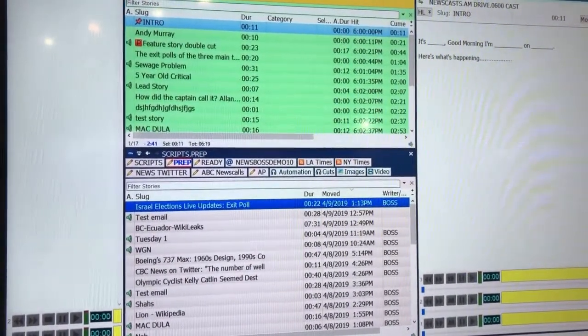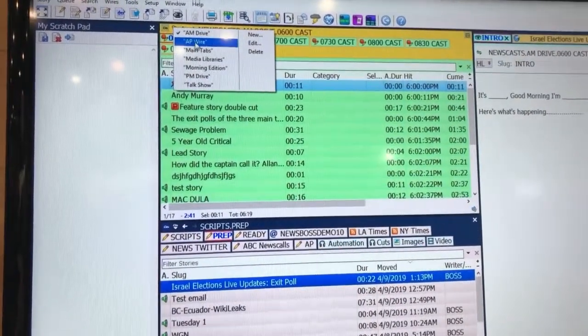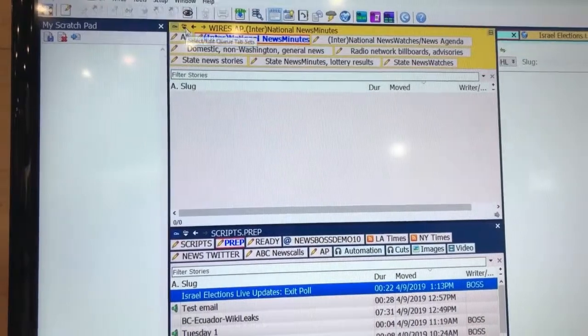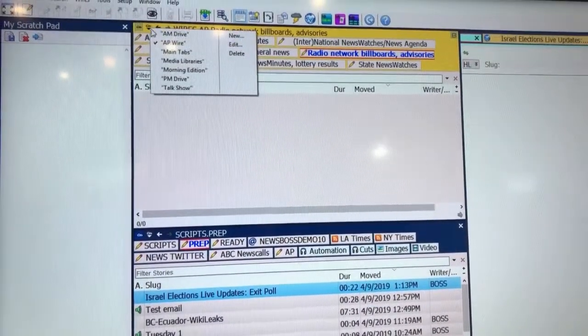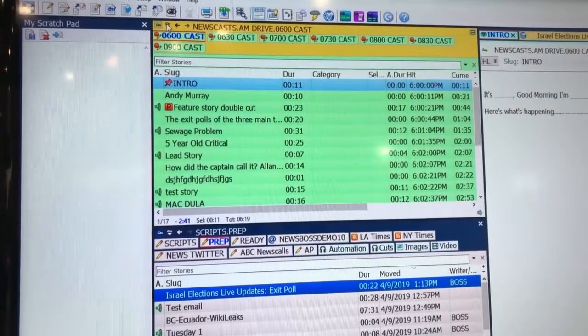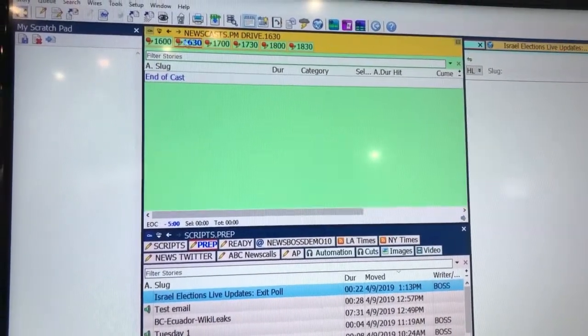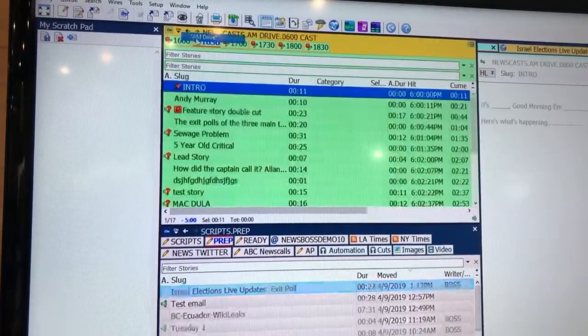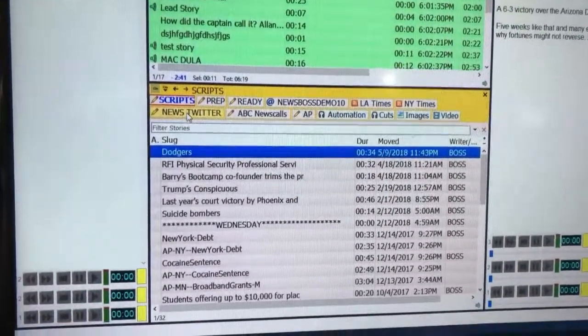So every individual user can have different sets of tabs, and they can choose what they want to see in these tab sets. So they might be looking at their wires quickly, or they may want to have the bulletins they're doing in a particular shift. So that's your breakfast shift. Or I get called and I need to do PM drive, I can have my PM drive set there. And all the time down the bottom, I've got the set of tabs of the places that I use all